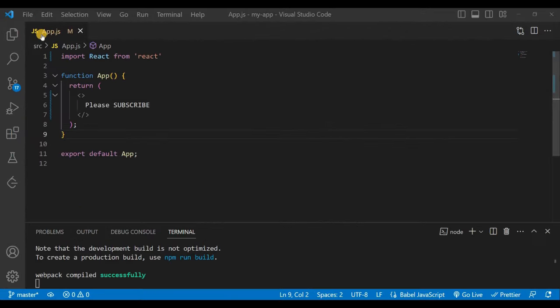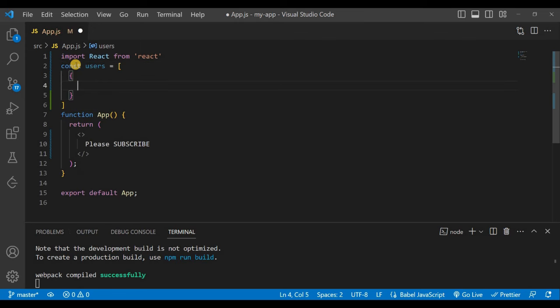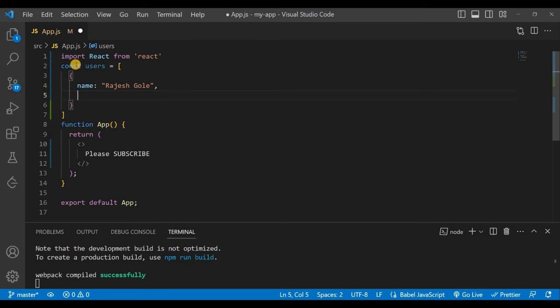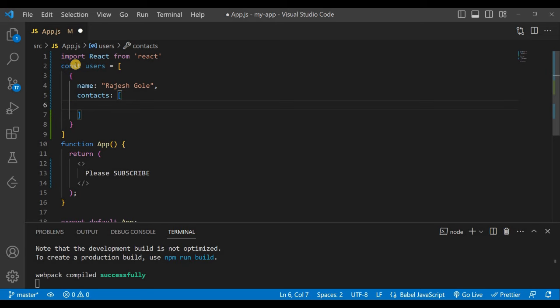Okay, so you can see here a parent component which is the App component, and this is a simple component, and here we'll do all the tasks. So first of all we need some data, so outside this function we'll write const users, and these users contain an array of objects. So first there is name and it's my name. Okay, and then contacts, and inside this contacts there is an array, and inside this array there is an object,